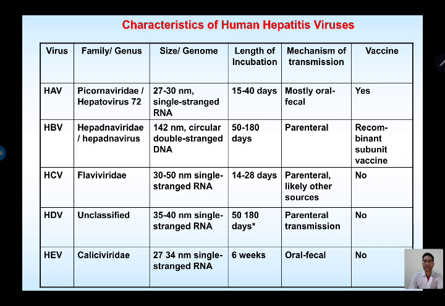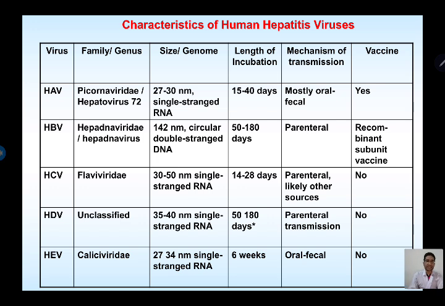Hepatitis B virus, Hepadnaviridae, orthohepadnavirus, 42 nanometer, circular, double-stranded DNA. The incubation period is 50 to 180 days. The mechanism of transmission is parenteral. Recommended is